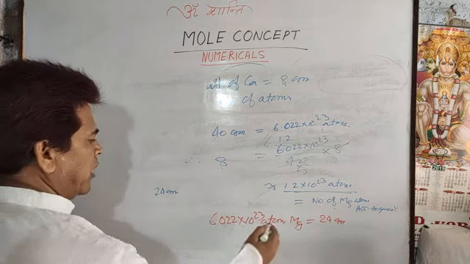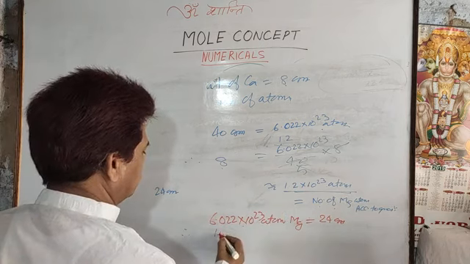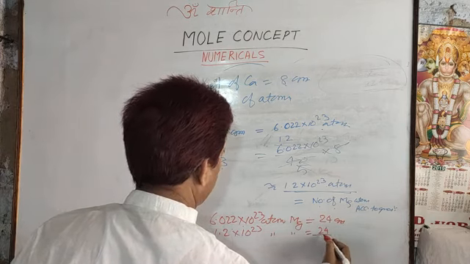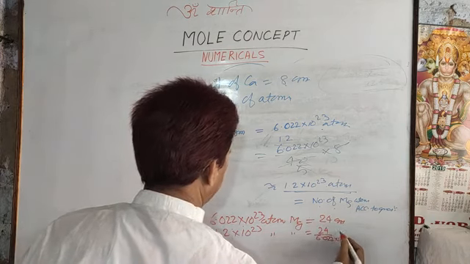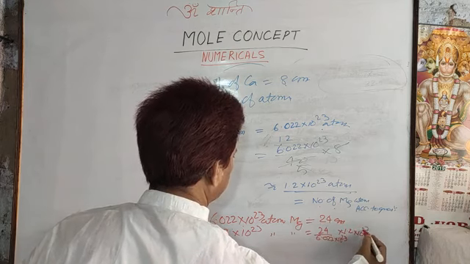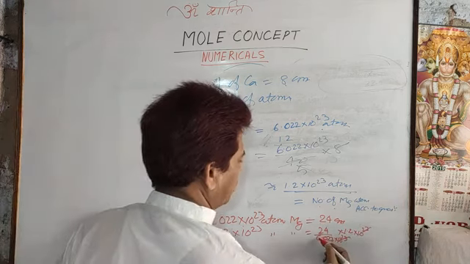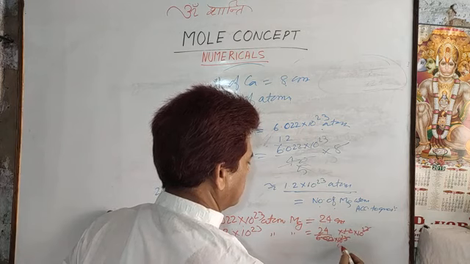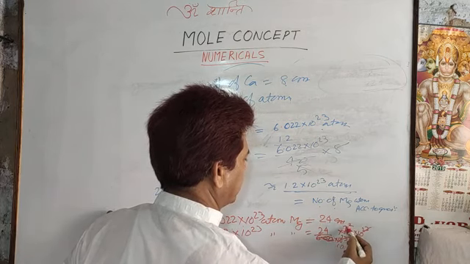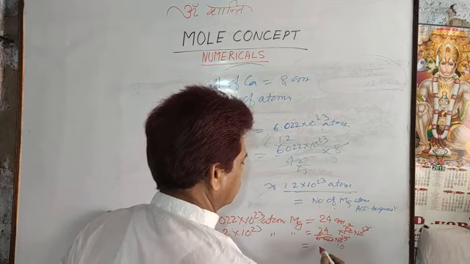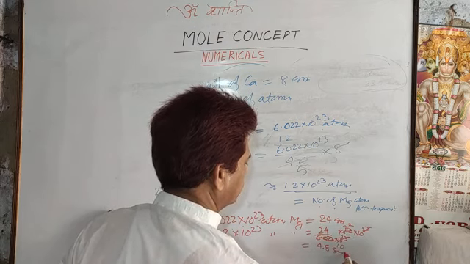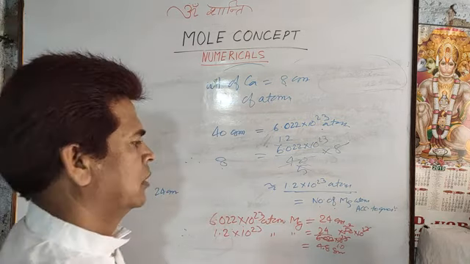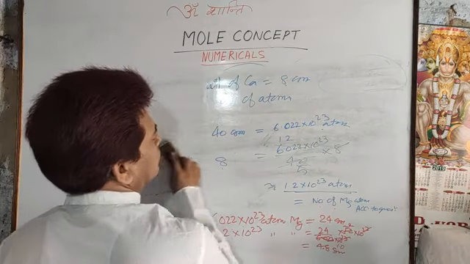So now again you calculate. Therefore, for the number of atoms 1.2 × 10^23 atoms of magnesium, that is 24 by 6.022 × 10^23 into 1.2 × 10^23. This cancels. So approximately, 1 here you can write 10, and 6 twos are 12, approximately that, and 48, so 4.8 gram. Okay, so clear.